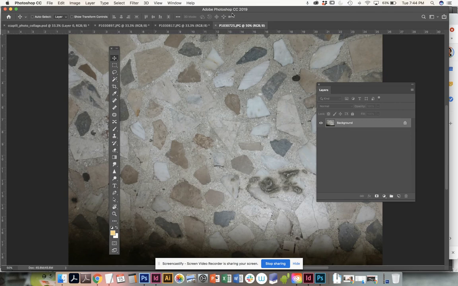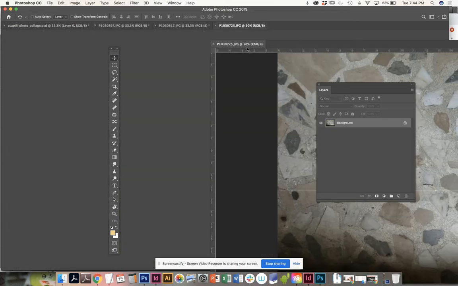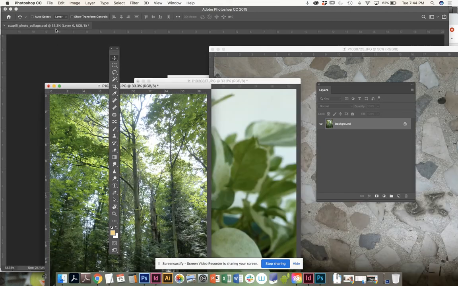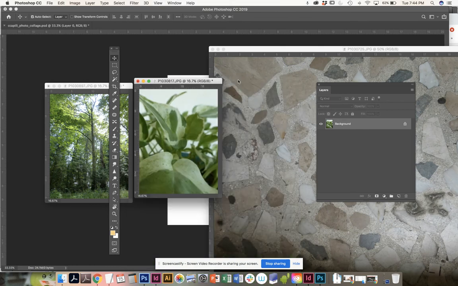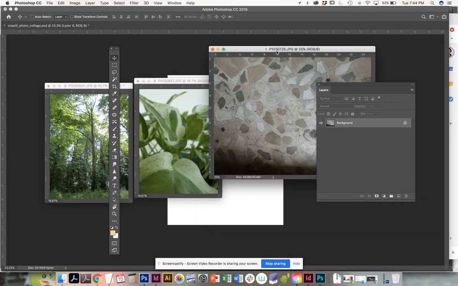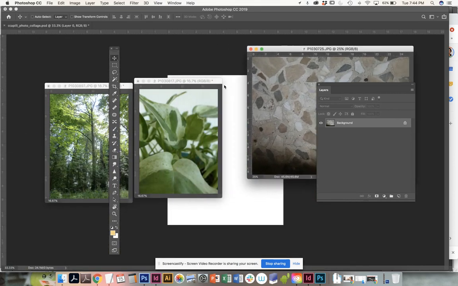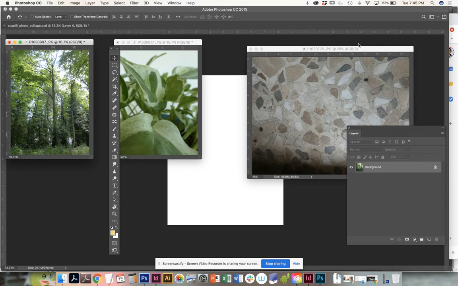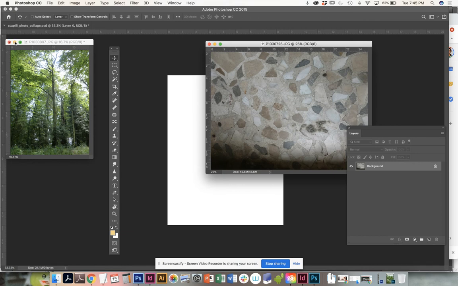You'll notice that Photoshop opens things in tabs. You see this? If you find this confusing, just so you know, you can always pull the tab down and it becomes separate files that are floating in the space. It's up to you. And I'm zooming out, like Command minus. Okay. So I want to select one main image at the moment. So I'm going to select this one. Okay. I'm going to minimize these